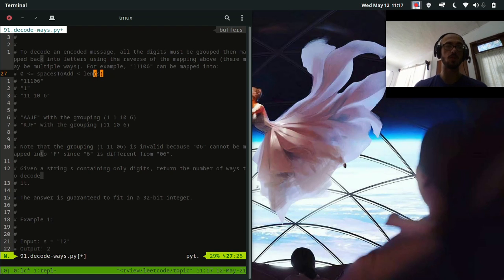So a brute force solution would be to create all the possible strings, and if it's a valid string, add it to our total, and then return the total at the end. So this is going to be pretty intensive. But how would we, so the question is, a brute force,